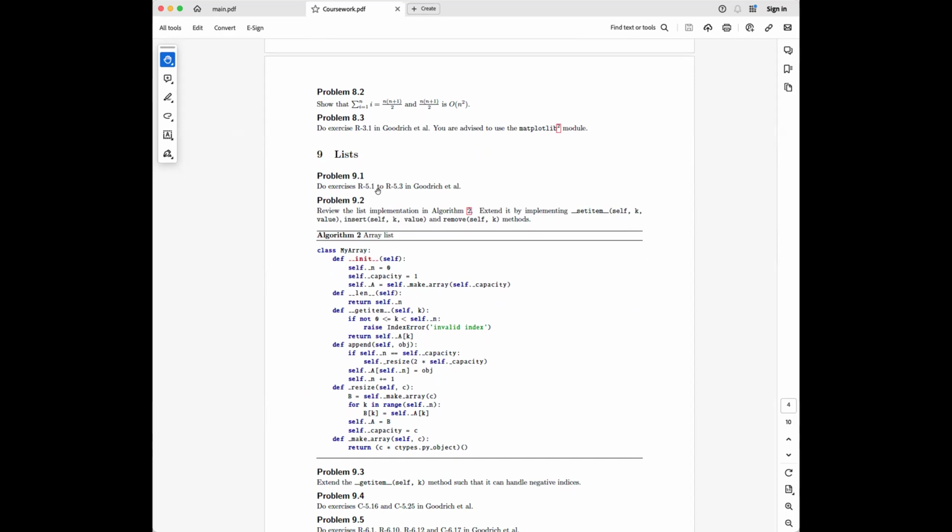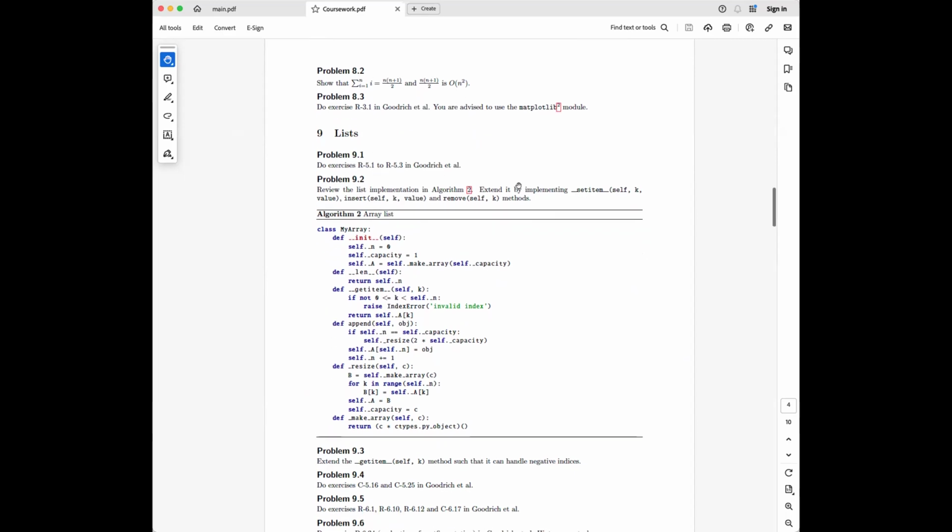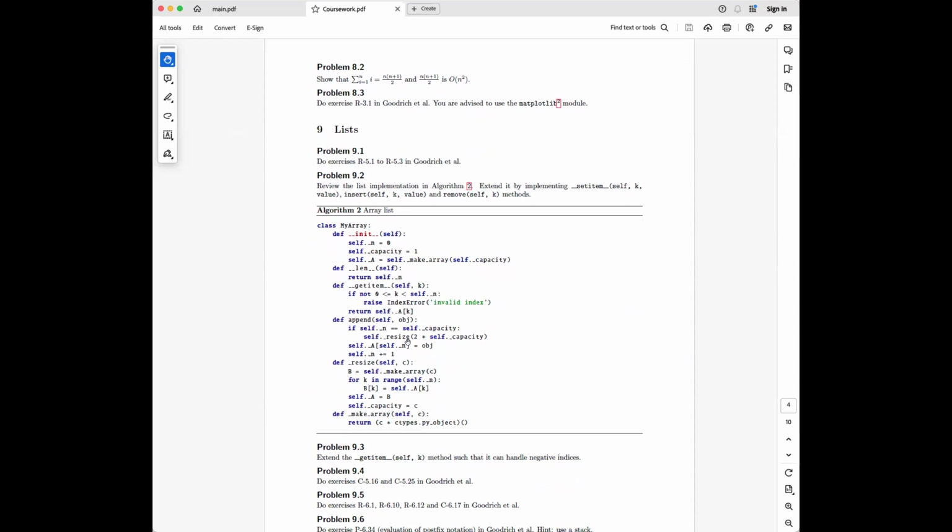exercise with problem 9.1 and problem 9.2, because here we have our myArray class, and you have to implement a few new methods like setItem. So you can use an index for setting an existing index. Insert does something slightly different. You would insert a value at a certain index and move the remaining ones to the right, or remove a certain index. If you want to know how or what these methods setItem, insert, and remove are supposed to do, maybe give a try at the native Python list first, and look at its documentation, and there it's explained what